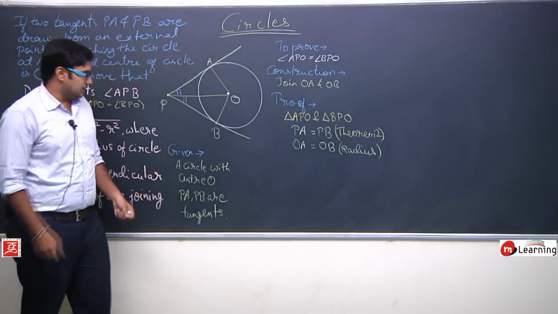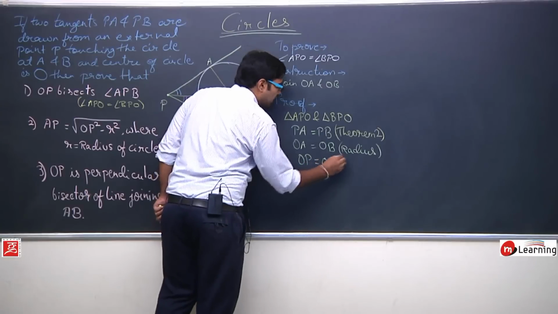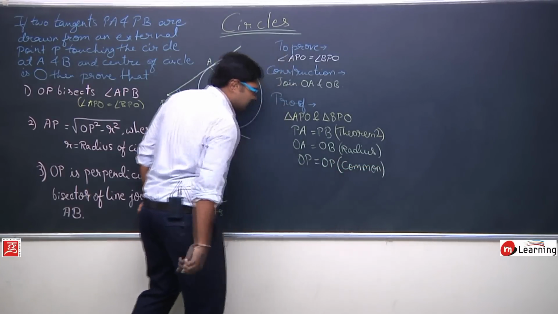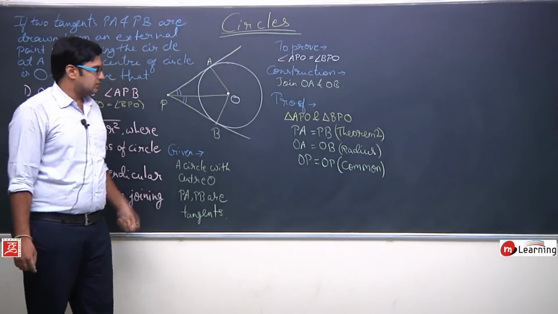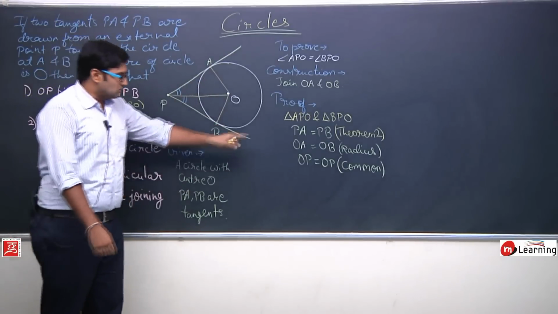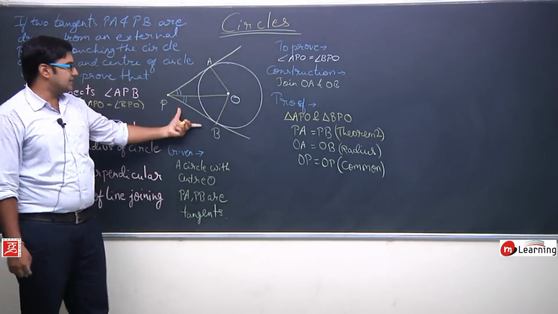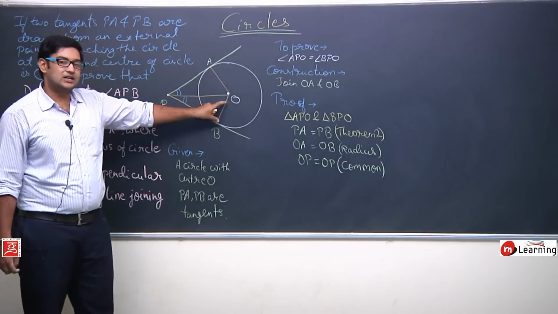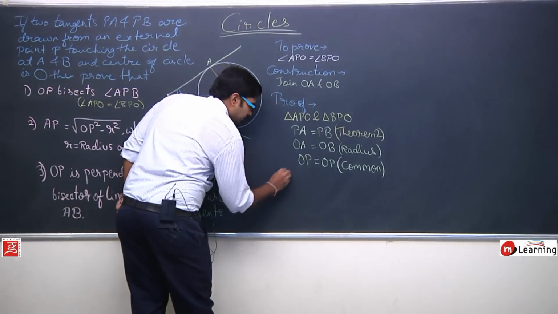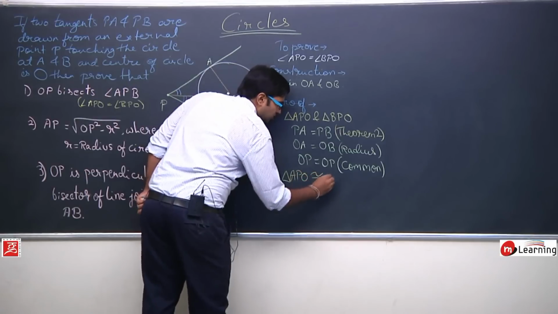Now third thing, you can see OP is equal to OP. Why? Because it is common. This is common in both the triangles. So observe these three conditions. I can see that these two sides are equal, these two sides are equal, and this side is common. So I can say triangle APO is congruent to triangle